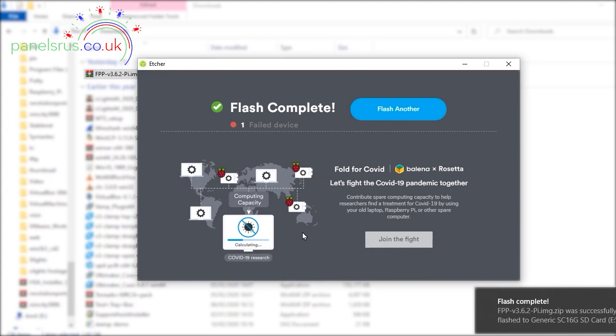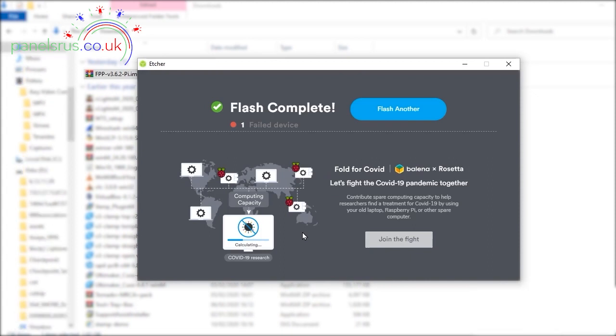There we go. Now exactly as I predicted, down on the bottom right hand corner it says the flash has successfully written, and in the middle of the page it says one failed device. If I hover the mouse over the failure, it says unmount failed. That's just Windows being helpful, and doesn't mean that there's a problem with the disk. So we can go ahead and close Etcher,